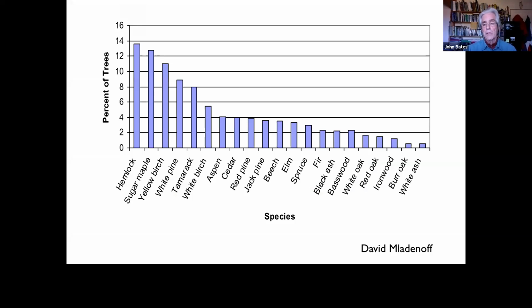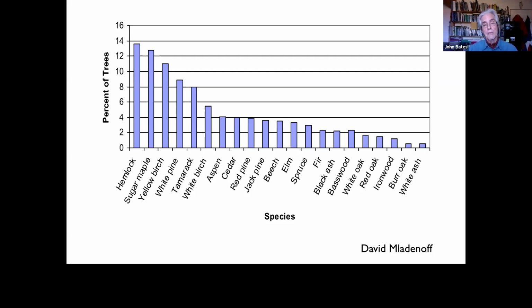David Mladenoff went through all the surveyor records meticulously and came up with this chart of the percentage of trees pre-settlement, hemlock being number 1, nearly 14% of the forest, sugar maple number 2, yellow birch number 3. Again, those are the major components of hemlock hardwoods. White pine represented about 9% of the Northwoods. Jack pines are down there at about 4%, and red pines also about 4%.